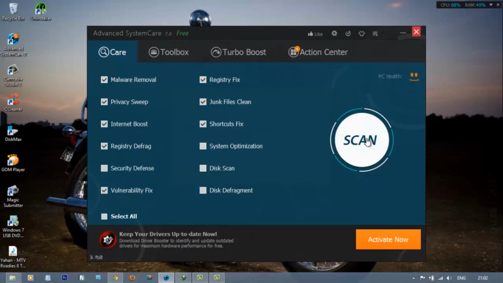So we'll begin with the scanning. As of now, you can see the PC was never scanned before for the performance test. The icon says that the health currently of my PC is fair. So I click on the scan button and it begins the scanning and fixing of all these problems which I have selected.